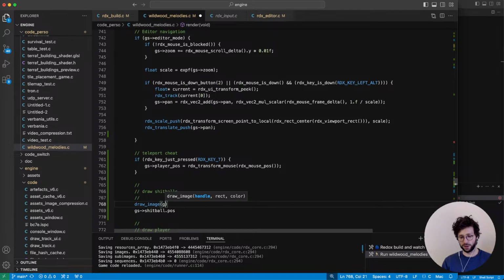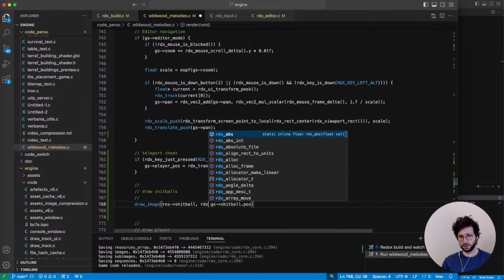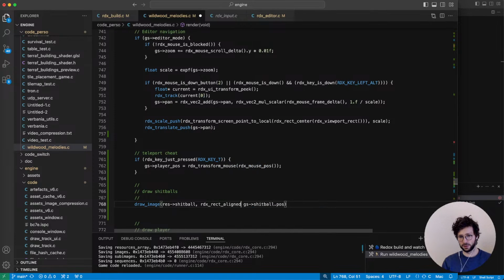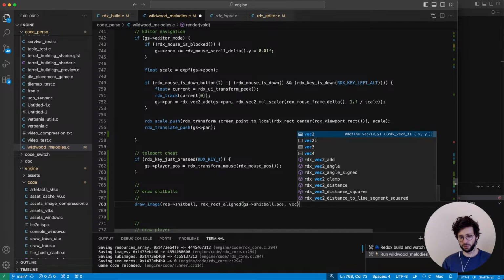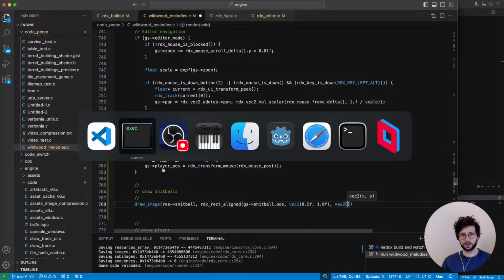The handle will be res. The rectangle will be the position, aligned rect. It's the other way around. Position alignment will be 0.5, 1, and size, crucially,